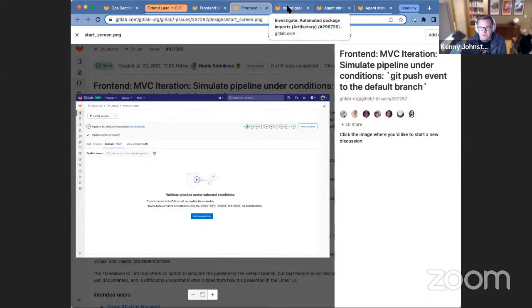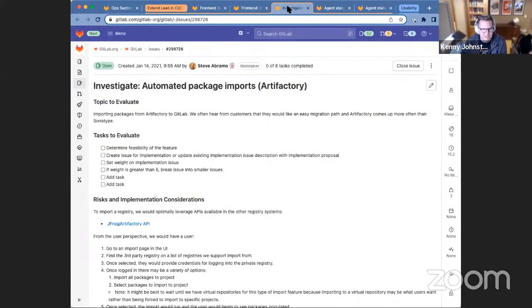pipeline definition adjustments. Next, this one I'm really excited about. We've seen increasing interest in migrating to GitLab package registries. And so we're going to be doing a spike this release in 15.2 around the automated import of packages from existing package repositories like Artifactory. I'm really excited about this work. It's a testament to how mature our package registry capabilities have gotten, that we have a lot of interest from